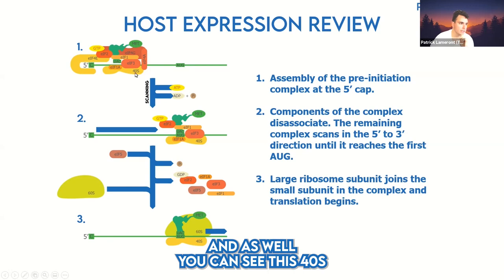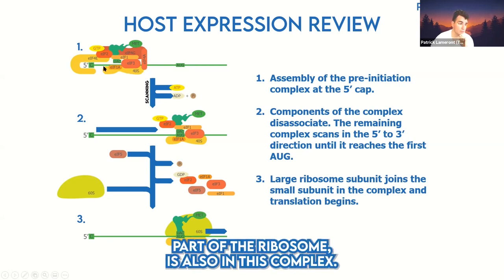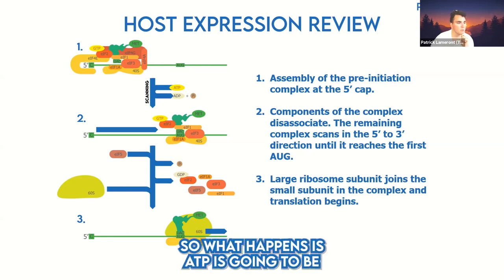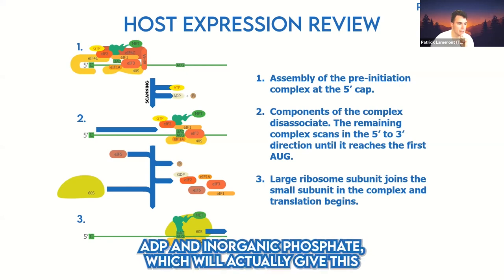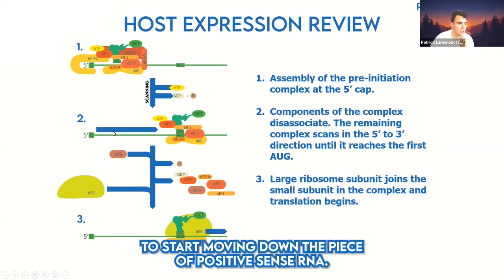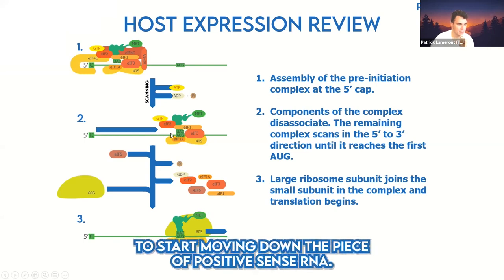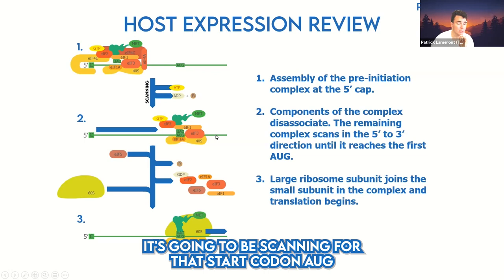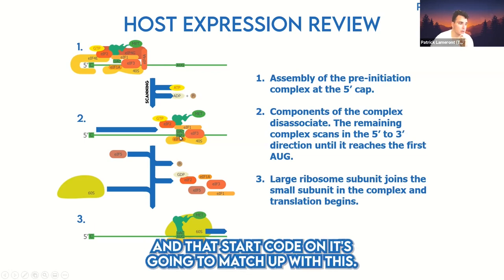And as well, you can see this 40S subunit, which is the smaller part of the ribosome, is also in this complex. So what happens is ATP is going to be used up to make ADP and inorganic phosphate, which will give this complex the energy to start moving down the piece of positive sense RNA. And it's going to be scanning for that start codon, AUG. And that start codon is going to match up with this